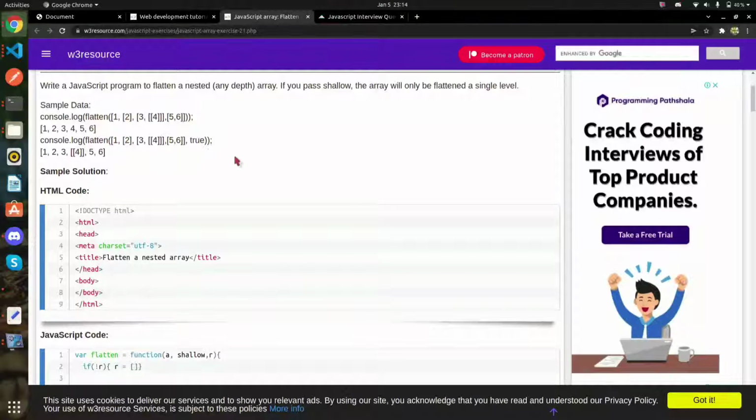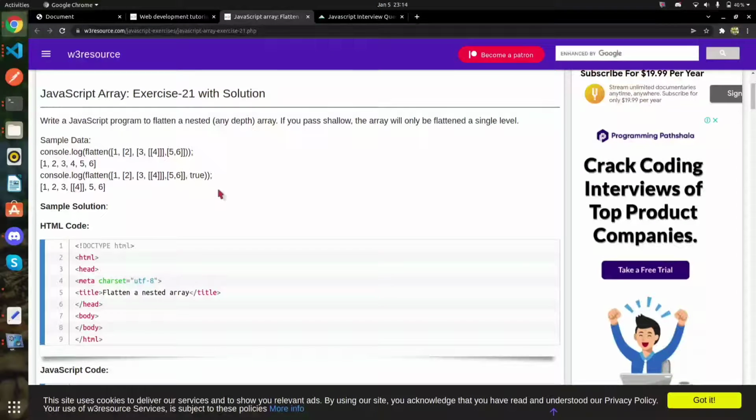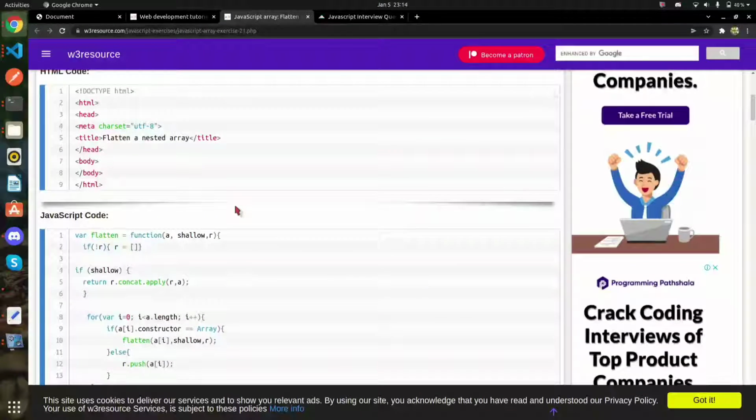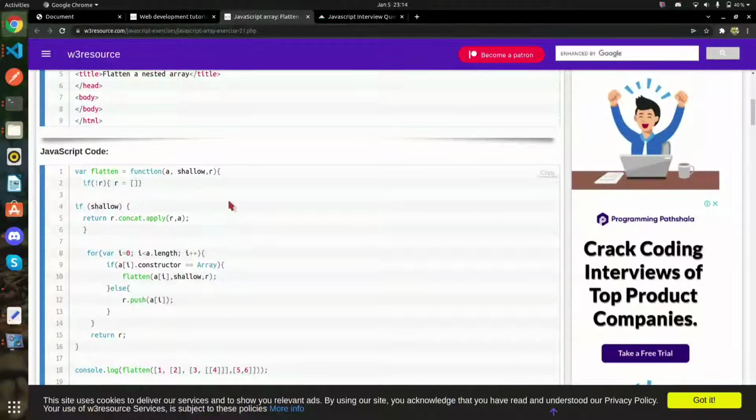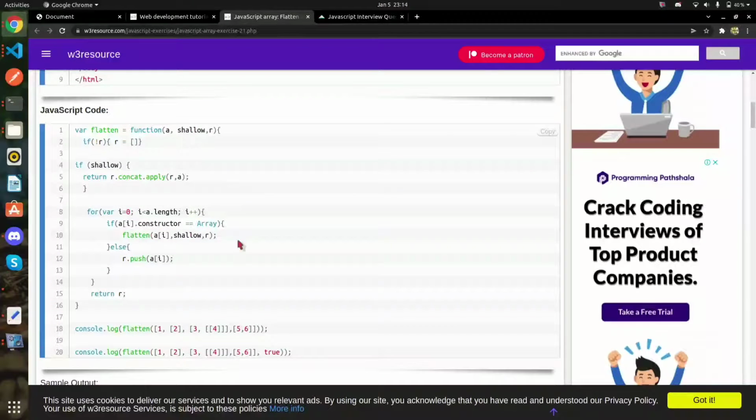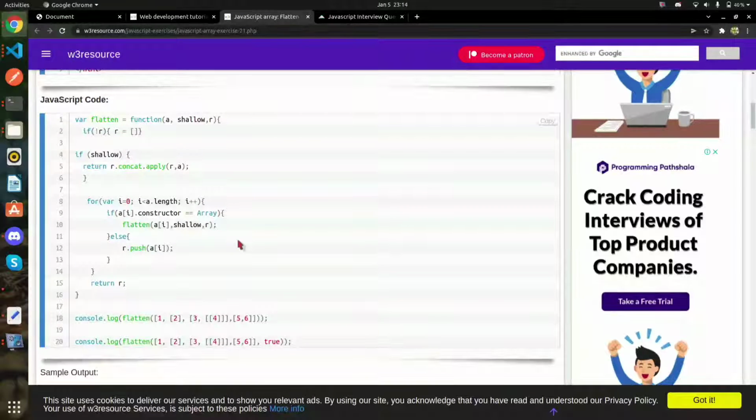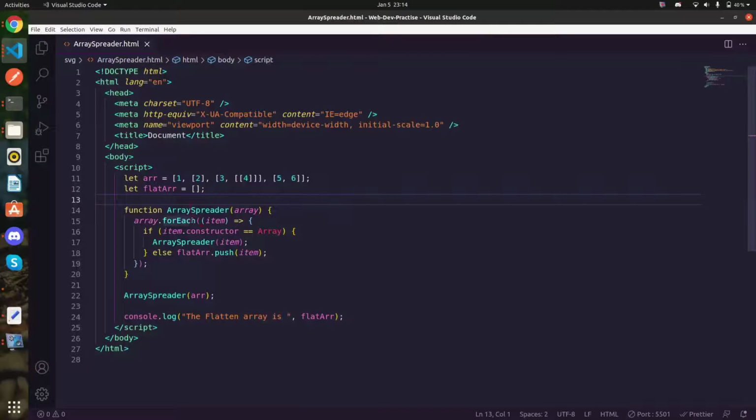Now in order to achieve this, the best solution I found, actually the solution was already available on this website, is really nice, and it relates to recursive functions. So the developer has applied recursive functions. I have made an array spreader function, as you can see.